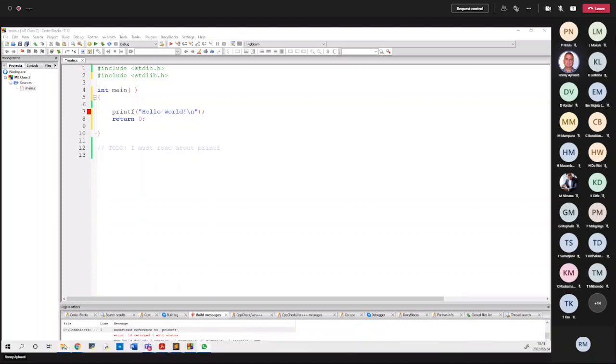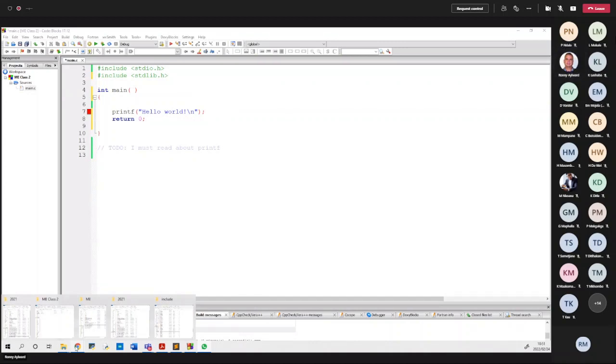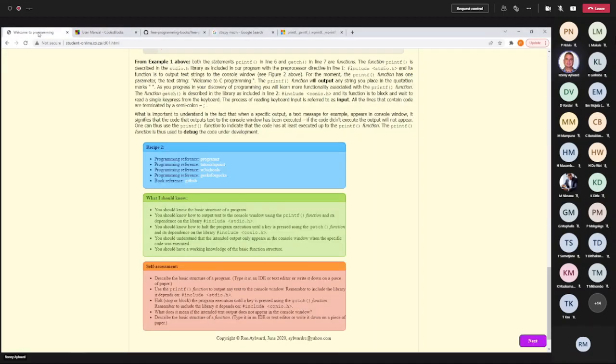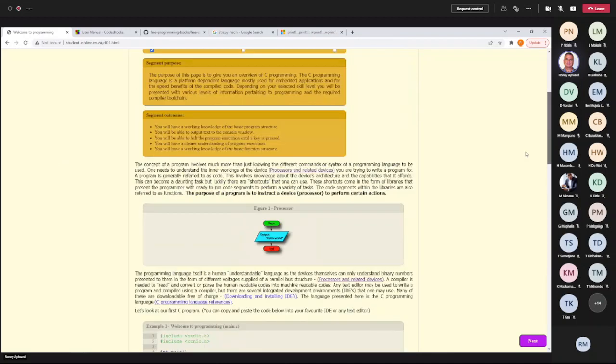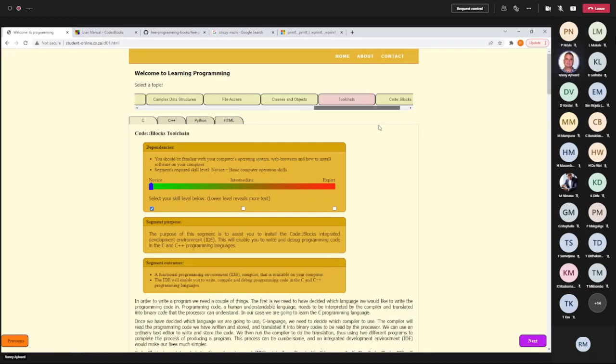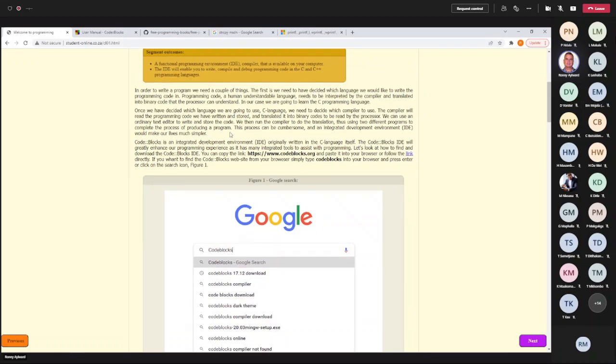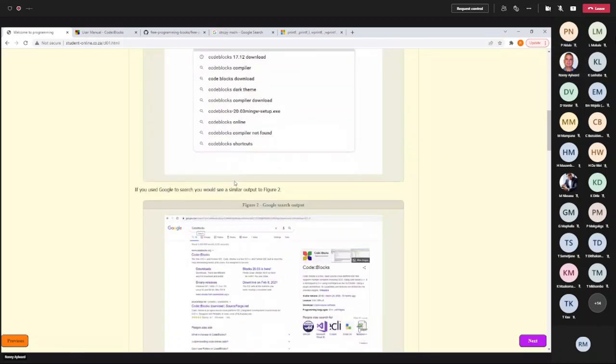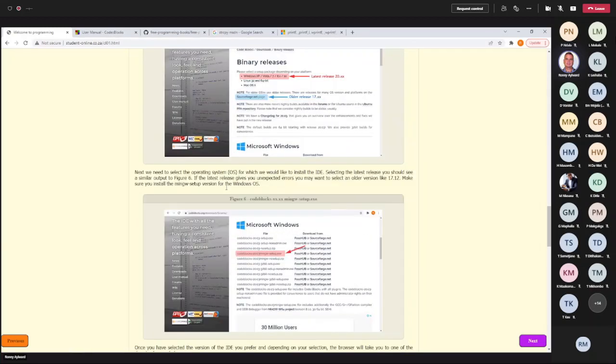So again, go to the website, either how to do the install, either go to internal link or toolchain, and here it explains everything, and you will see that here it explicitly says make sure that you do the MinGW setup.